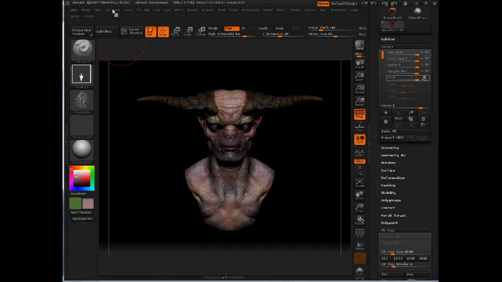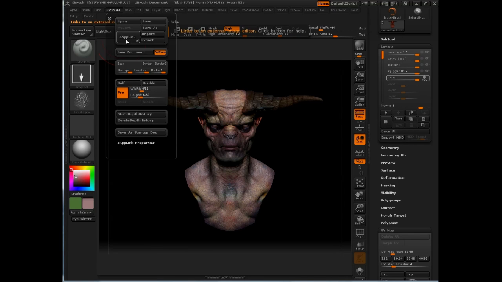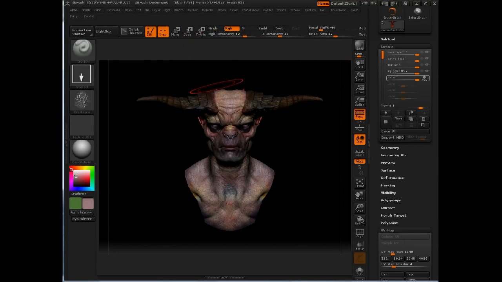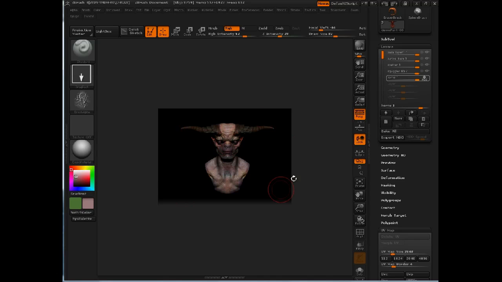Now I'll go to Document, ZBrush to bring ZBrush up. But before I do this, I want to make sure that my document size is a reasonable size. If I click AA half, you can see that my anti-aliased half-size document is pretty small. What I want to do is make sure that my document size is actually about twice this size. Because when you're using ZBrush, Photoshop is actually bringing the document back into ZBrush, and all that texture information is being reinterpreted through the document window. So if your document window has a very low resolution, it's going to eat away at the quality of your